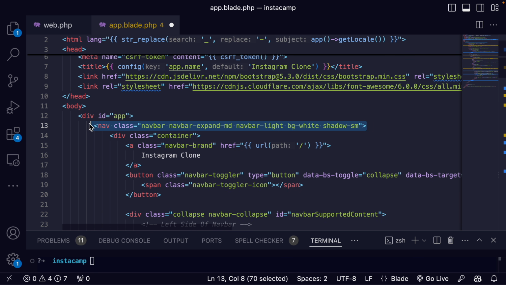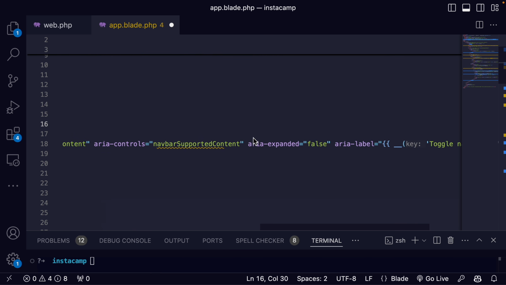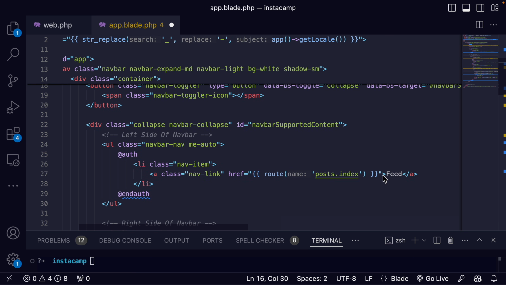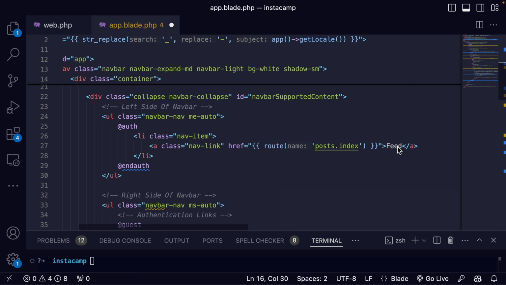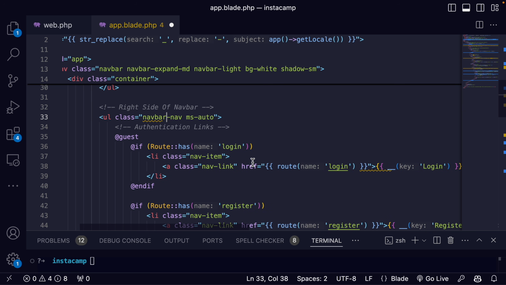Then we have our navigation bar for our app's branding and main navigation links. So we have our brand. We can actually change this. I'm actually going to call this InstaCamp. But these are basically all our main navigation links. We can toggle it, and on the left side of the nav bar, we can click the feed link, and then on the right side of the nav bar, there's going to be a few different things that could